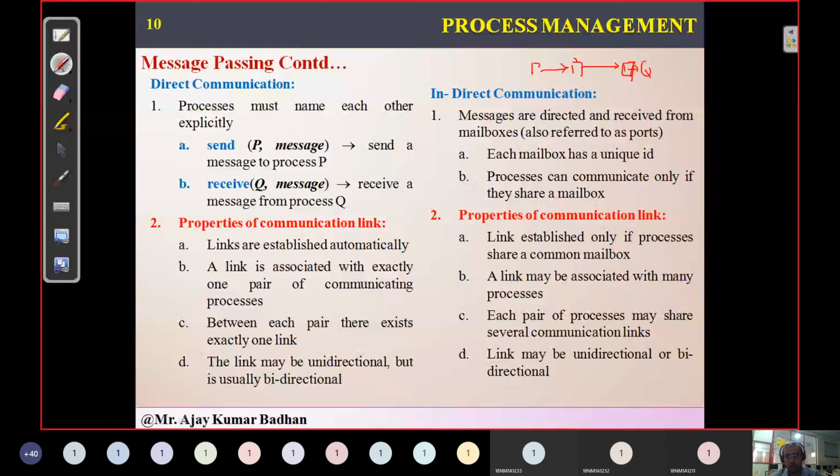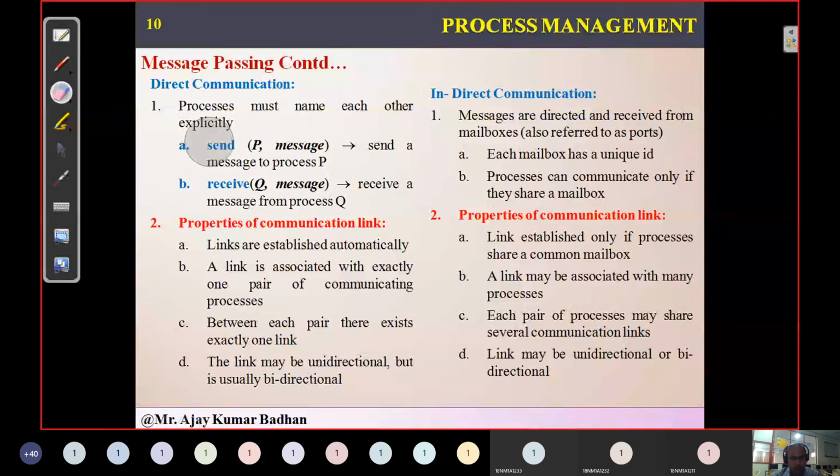Every process will have a mailbox. Sometimes these processes may share a common mailbox. Like this is mailbox A, and both are the same. These two processes, P and Q, are accessing the same mailbox, so this is a mailbox shared by P and Q. It also has certain restrictions. Whether these processes should have a single mailbox or each process should have a separate mailbox is one issue they have to come across. In some situations we can have a separate mailbox, and in some situations we may have a single mailbox shared by these processes.